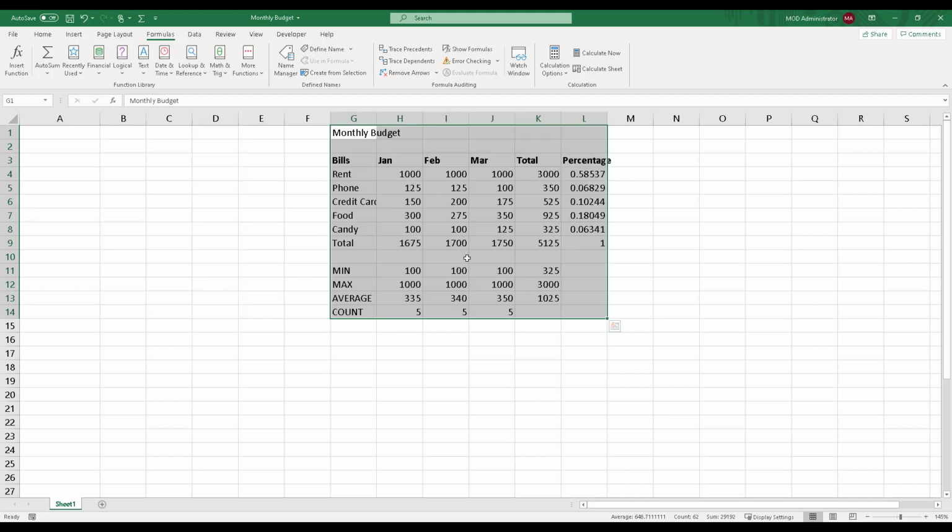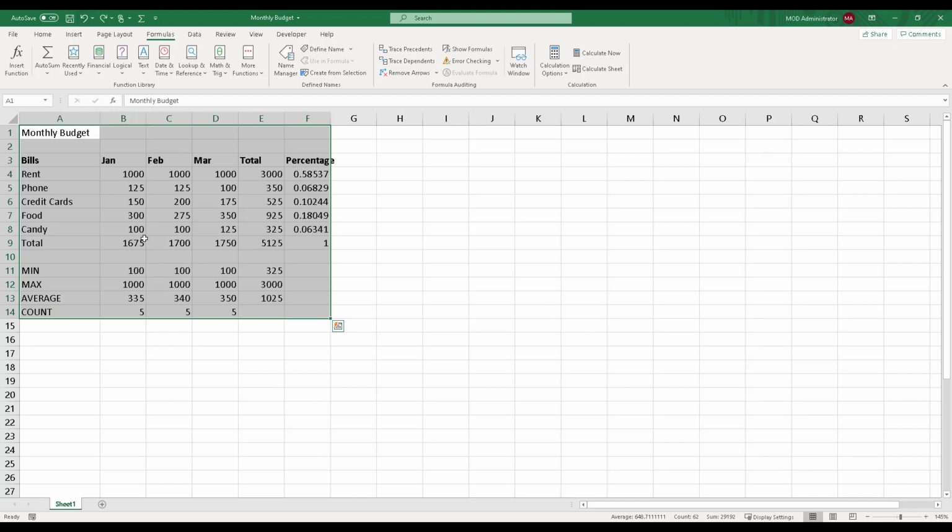Once you do that, all your content is moved to the location you want. I will undo this change, and for undoing, I can use this icon over here, or I can use Control Z on my keyboard.